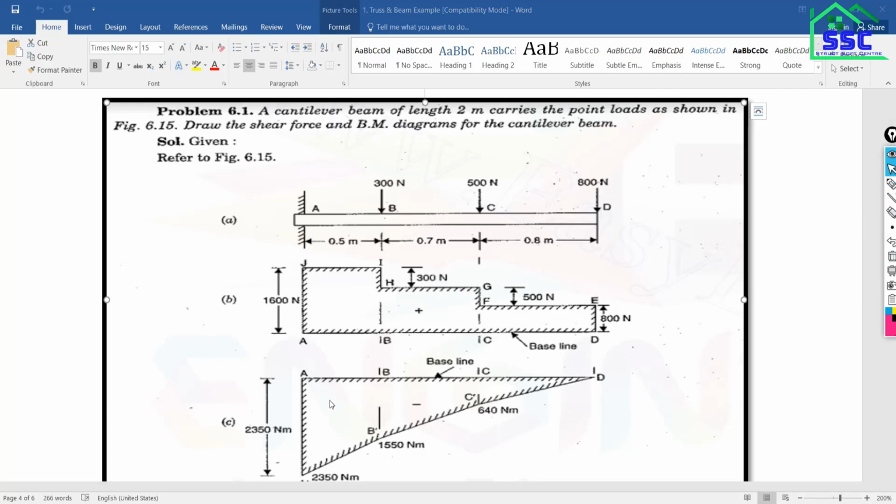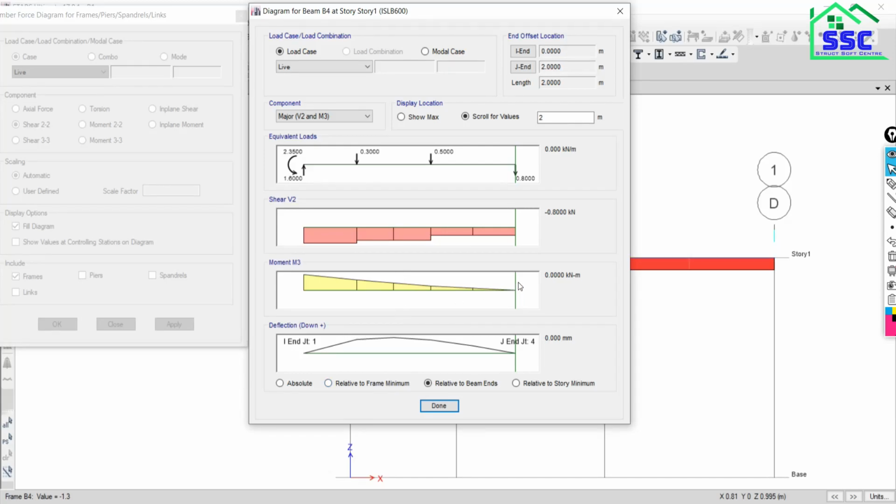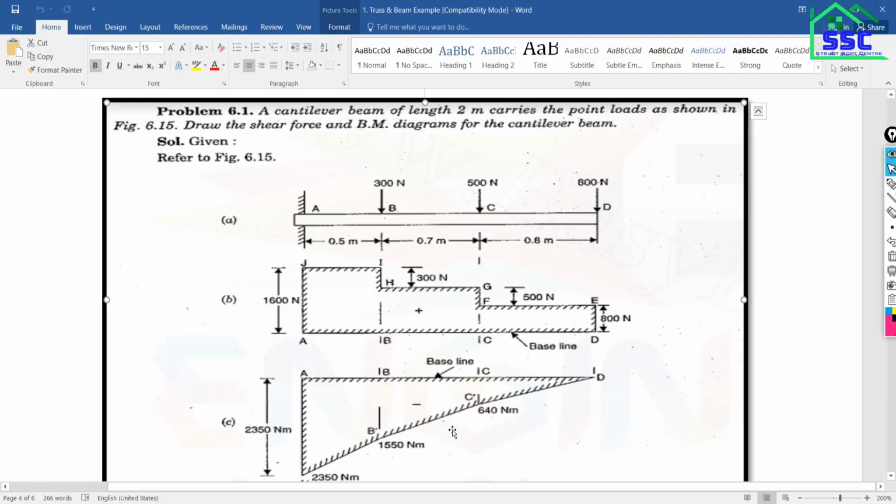Now if you want to see the bending moment, at the end the bending moment is 2.350 kilonewton meter. At a distance of 0.5, enter, you will be able to find the bending moment 1.55, as you can see here, 1.55 kilonewton meter.